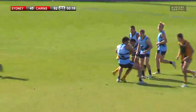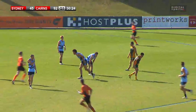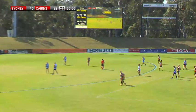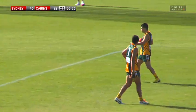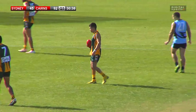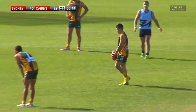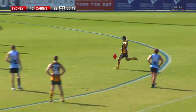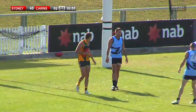Comes down. And they go forward again, and a good mark taken by Bradshaw. Two bites at that cherry, and brought it in on the second one. And will now go back. And a chance at his first goal of the morning. Kurt Bradshaw, Port Douglas player. He's their captain in 2012. And, well, the kick didn't make the distance, but